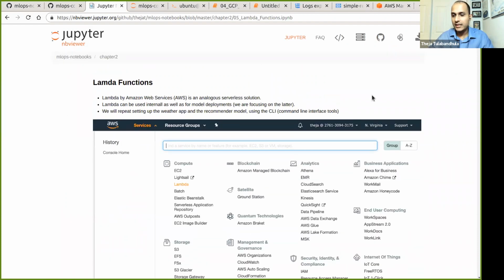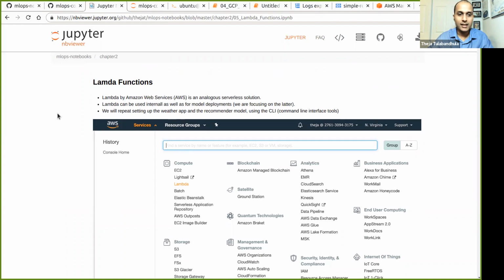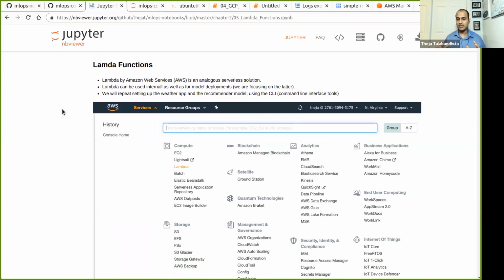Okay, so since we saw Cloud Functions, and I'm just going to finish up, we had a small error there. I'm going to check the dependency a little bit. We've seen Cloud Functions, and Cloud Functions was pretty simple. We just had to specify a requirements file, the main file, which has the appropriate function, the predict function or hello world function, whatever, and a way to get the models from Google Cloud Storage, read the model, and immediately make predictions. Okay, that's what we did.